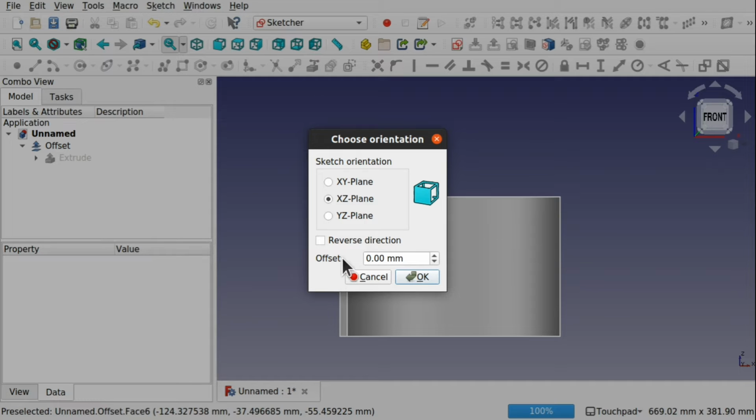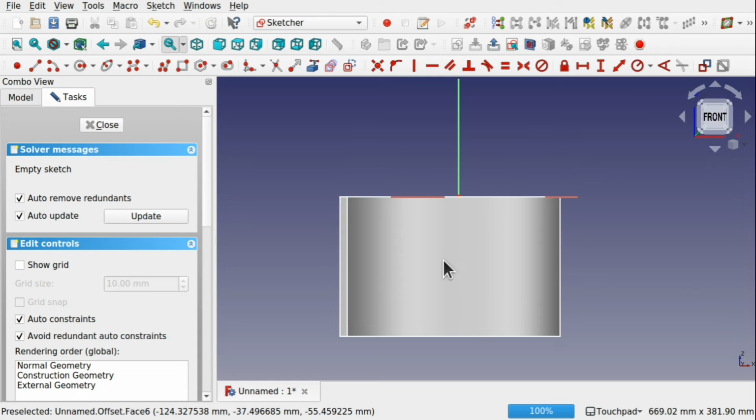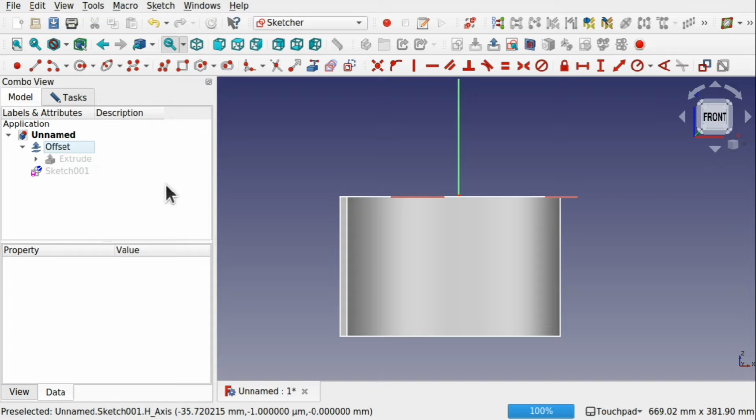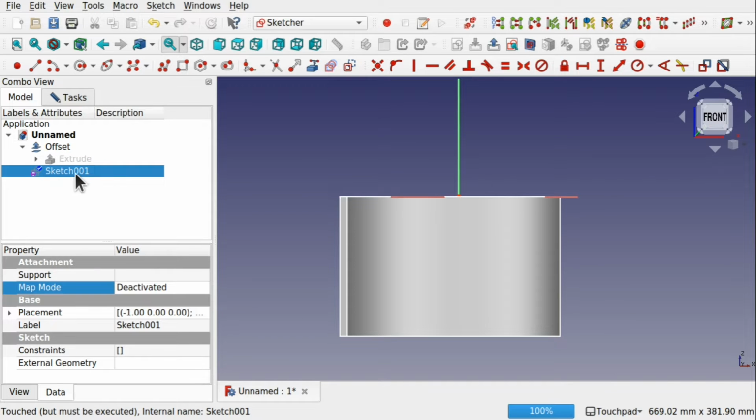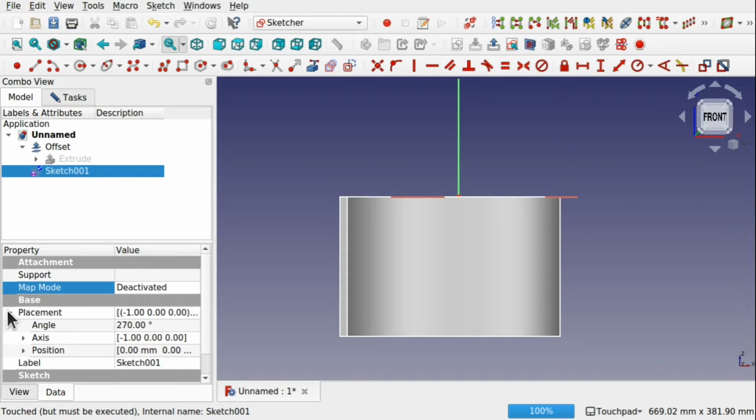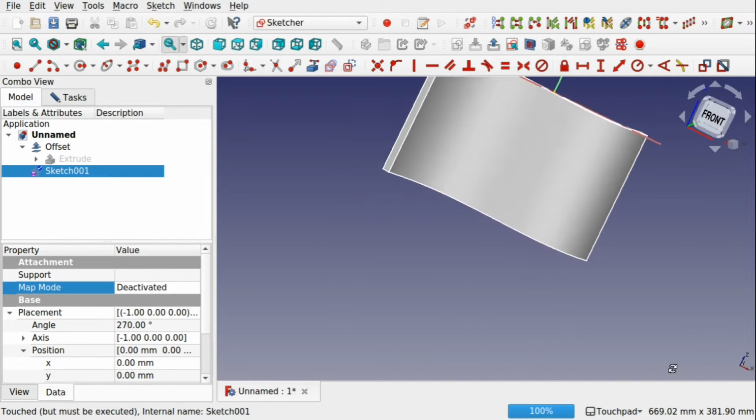And I can use the offset to offset it because I want it in front of there, but I'm just going to create it. Come over to the model while I'm still in that sketch, click on the sketch, the newly created sketch, come down to placement. Because it's not attached to anything, I can move it. Otherwise I would have to edit the attachment, come into the position, and we're looking to move it along the